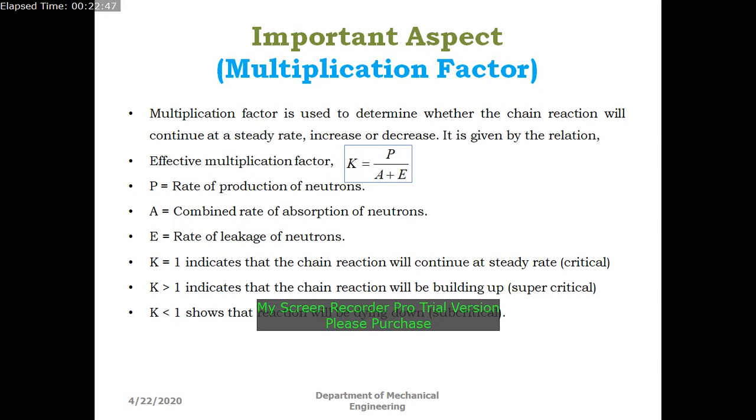So if you want to get more power, or if you want to increase the power produced, in such a case the multiplication factor is to be increased gradually. In such a case, we have to reduce the factor A. For that purpose, we can slightly lift off the control rod. So absorptivity of neutrons will decrease and effective multiplication factor will increase. That means it will give you more neutrons to participate in the chain reaction, so that it can sustain at a steady rate. So while we are designing the nuclear reactor, we have to be careful about this multiplication factor.